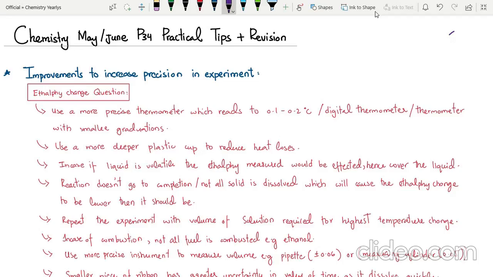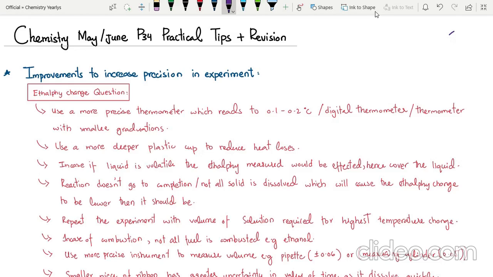Today we'll be revising the chemistry major in P34 practical tips plus the important points. We'll be revising the improvements that you can use to increase the precision in your experiment, because sometimes they ask, like, a student performed these two experiments and he said that experiment 2 was more reliable, so you have to justify that type of answer. So we'll also be looking into that